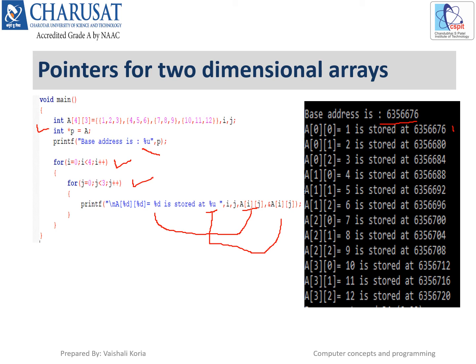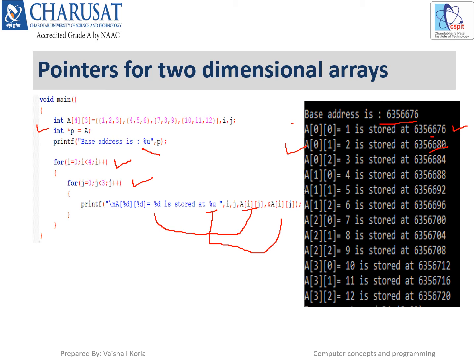Now here also you can see that the address of the first element has last 3 digits 676, right? And the next element's address means a01, which means the row is the same and the column number is increased. We are talking about the next element of the same row, right? So the next address is allocated to that second element of the first row. That means this memory allocation is based on row major order. So this 680 is the address of the second element of the first row.